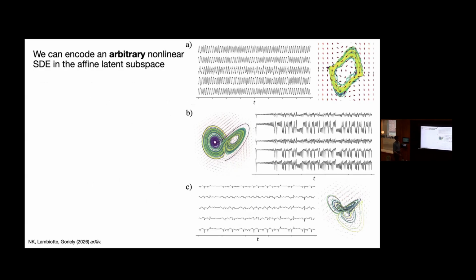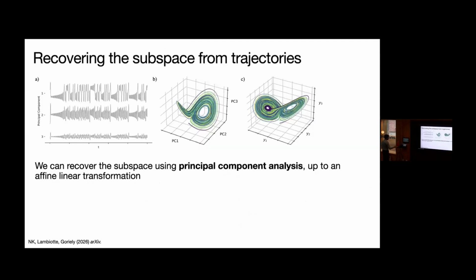So you can train a recurrent neural network that, when you sample from it, will produce dynamics that look like this. And when you look in the subspace that you learned, you'll see whatever you put in there. So you can train it to do van der Pol oscillations. You can train it to represent the Lorenz attractor, the de Grasse attractor in this latent space. And of course, you can reconstruct it from the trajectories as well.